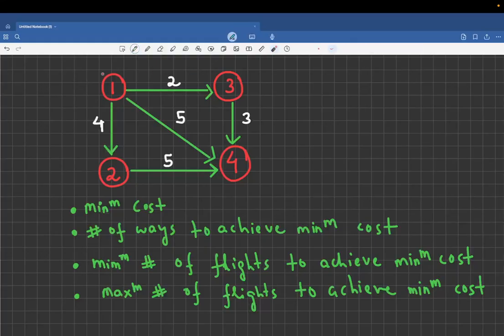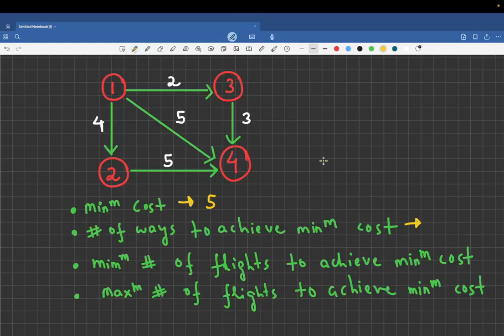Let's try to understand via this input example. So you have to go from node 1 till node n. Over here the value of n is 4. So you have to go from 1 to 4, right? Can you tell me the paths that you have? One of the paths that I can see is you can go from 1 to 3 and 3 to 4. In that case, total cost is 3 plus 2, that is 5. Another path is you can go directly from 1 to 4. Again, in that case, total cost is 5. And another path is you can go from 1 to 2 and then from 2 to 4. In this case, the total cost is 9. So definitely you can see that the minimum cost to go from node 1 to node 4 is 5. So your answer to the first problem will be 5.